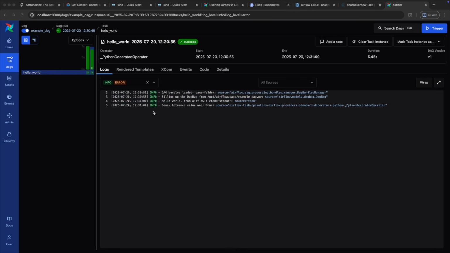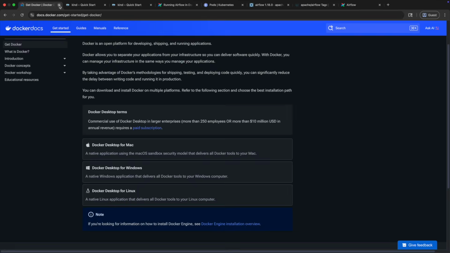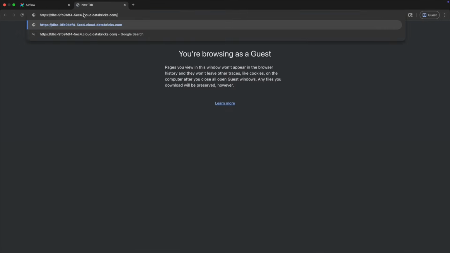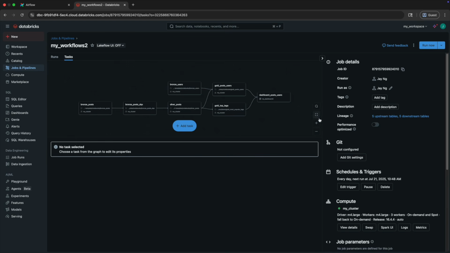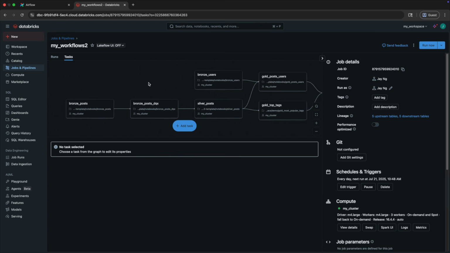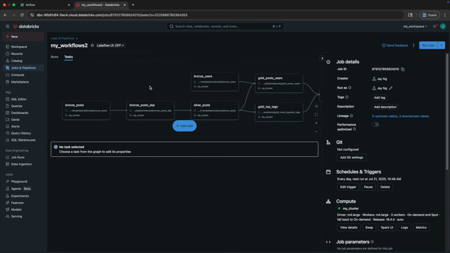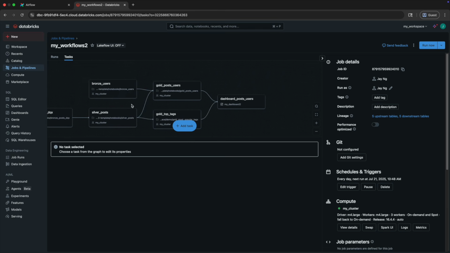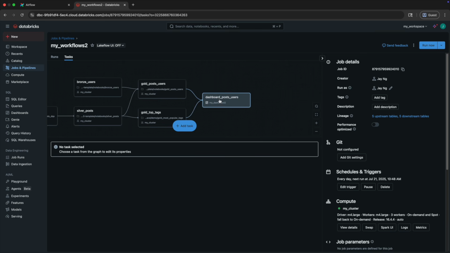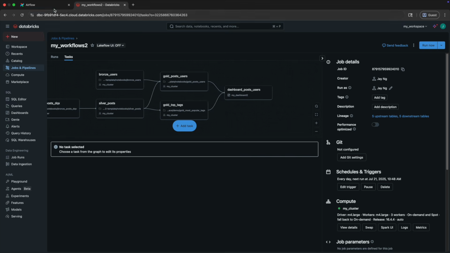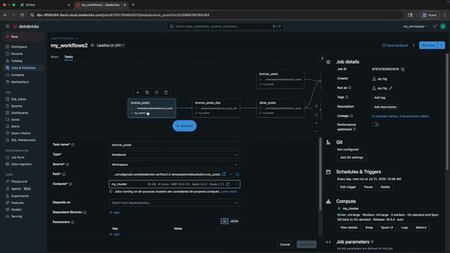Let's go ahead and create our DAGs for our Databricks project. I'm just going to close all these tabs here to clean up. Let's go back to Databricks here. In part 1 of the tutorial, we created this Databricks workflow that extracts data from posts and users, creates a couple of tables downstream, creates a dashboard, creates posts and users, creates GOAT top tags. Now let's create some Airflow DAGs to automate this process, and also automate this part, which is getting the raw